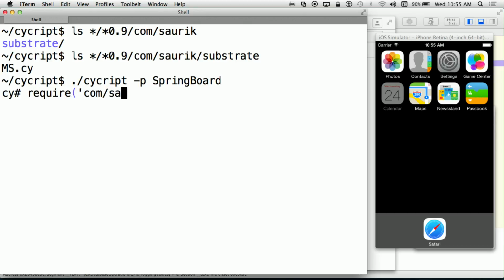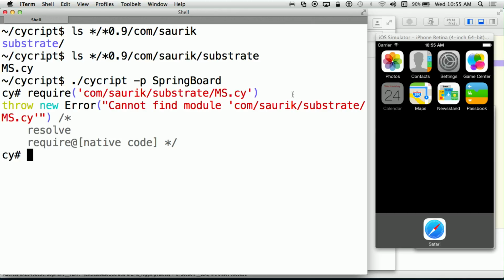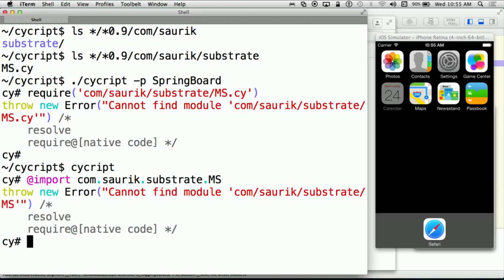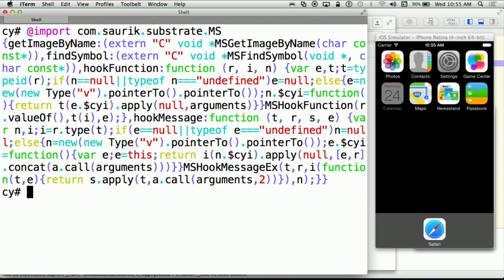Just out of curiosity, com.sorc.substrate. Oh, I know what's going on. So the copy of script that is injected into Springboard is still the copy of script that is used from the wrong path. Oh, I just did it again. There, so that'll work. All right, so we're not in Springboard right now. But